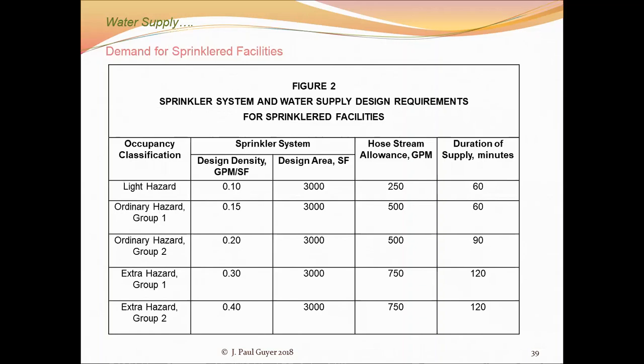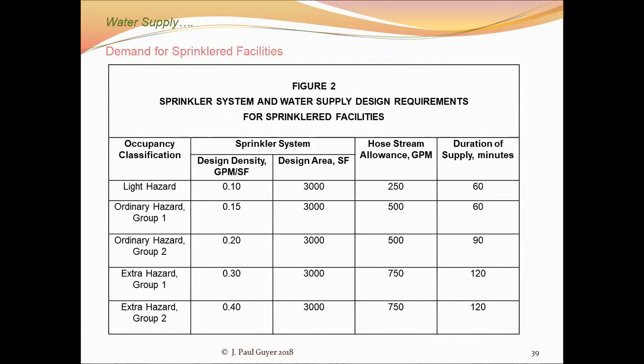So for the automatic sprinkler system, this methodology says you need to have a design water density as indicated in the second column from the left, gallons per minute per square foot